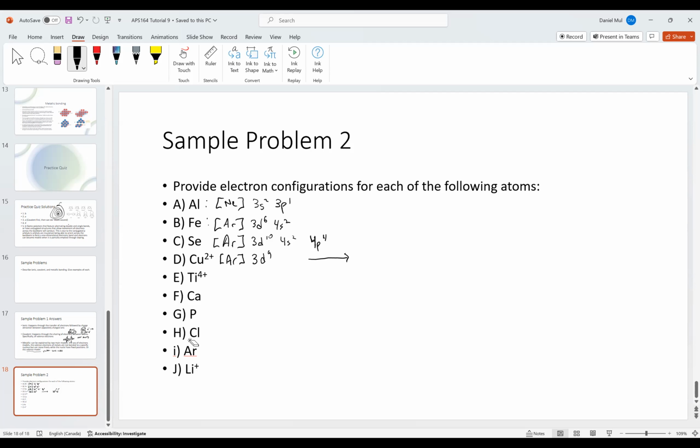Regardless of whether you put it as 3d9 4s2 or 3d10 4s1, you'd get the same answer if you minus 2 electrons off. So the exceptions don't really matter when minusing or adding electrons. So if it was copper 1 plus,